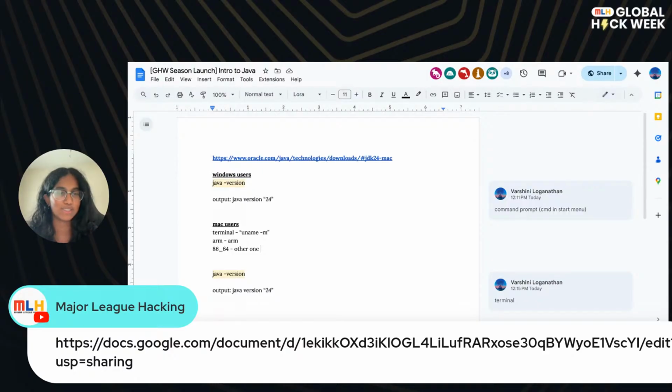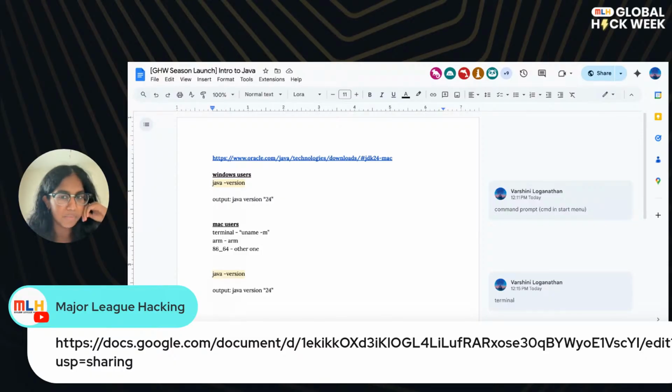Sorry, I'm trying to remember if there's anything else that I said to do. Download VS Code, then go to the extensions and download the extension pack that I was talking about earlier. Hopefully that makes sense and I covered everything. You just need to have Java, extensions, and VS Code downloaded. You'll know something's wrong if I say run this code and your computer doesn't know what's going on.